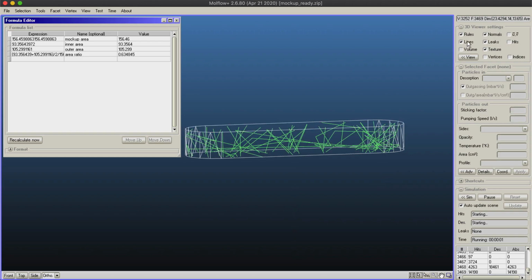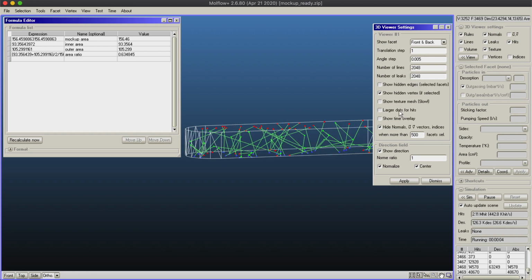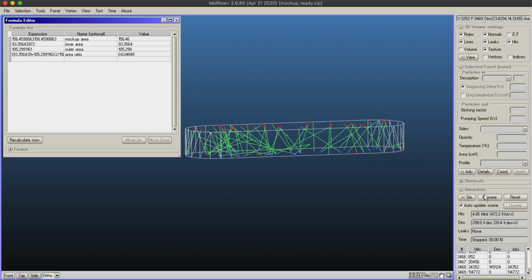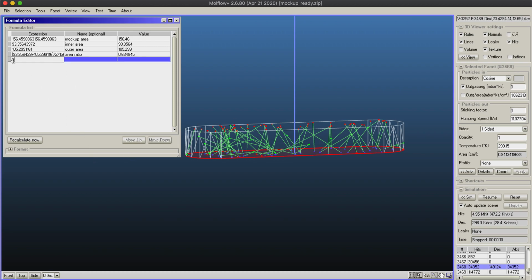So basically, I start a simulation, I just make the dots a little bit larger. And you can see, I stop it, that some particles make it to the other side, but some of them make a reflection on the side of the hole, and then they return to where they came from. So either transmission or return to the origin. To see the ratio of the two, I need the numbers of the facets. So this is facet 3469, and this is facet 3468. So I want to see those particles that absorbed on facet 3469 and divided by everything that's desorbing at